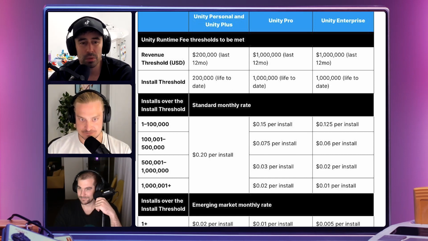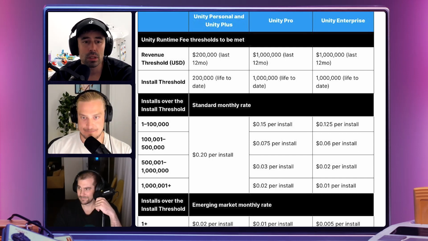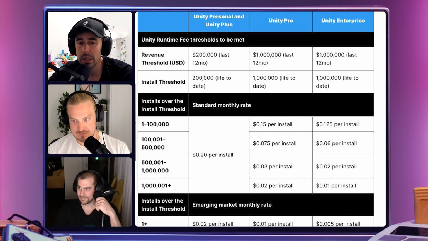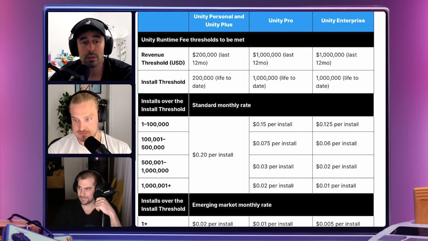Because, in terms of the UA, this is another component of the CPI. And you need to take this into consideration when thinking about the payback periods, the budgeting, and basically everything. So obviously, if you're a big developer, this is peanuts. It's not great, obviously, but it won't kill you. If you're a small developer and you're adding 20 cents to your CPI, this is just going to kill your margins right away.